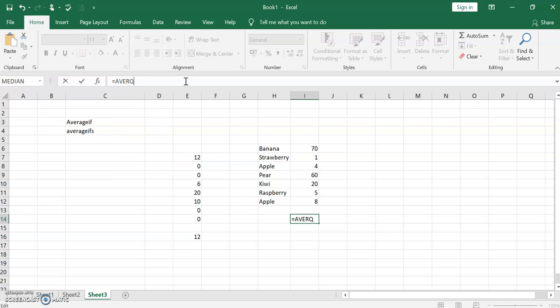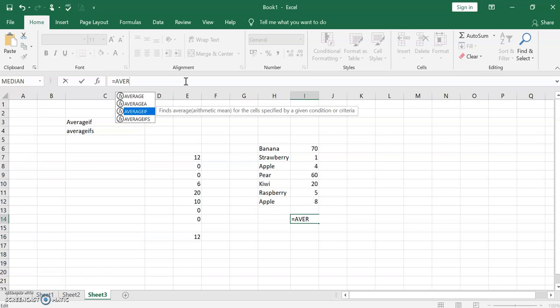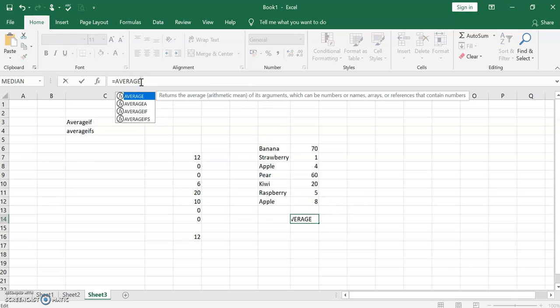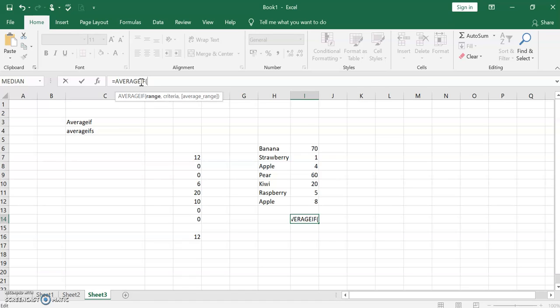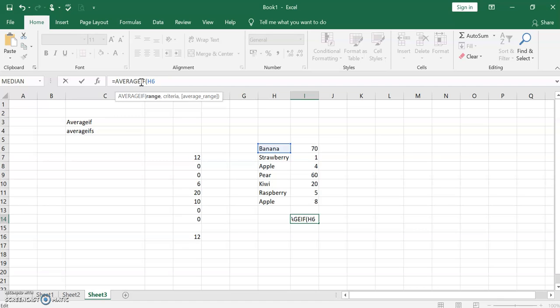So I'm giving AVERAGEIF. What is the range? I'm selecting H6 to H12.